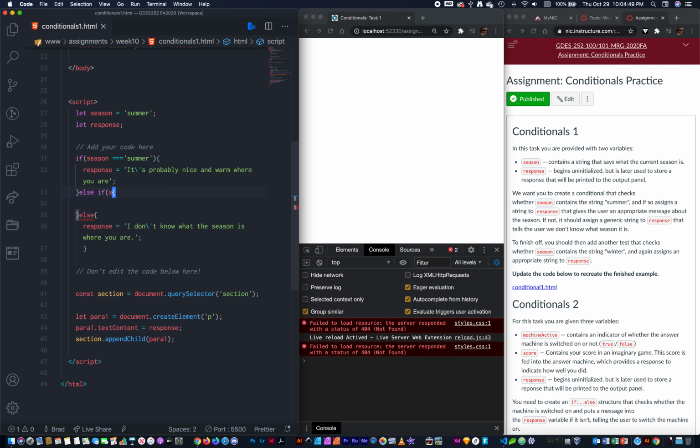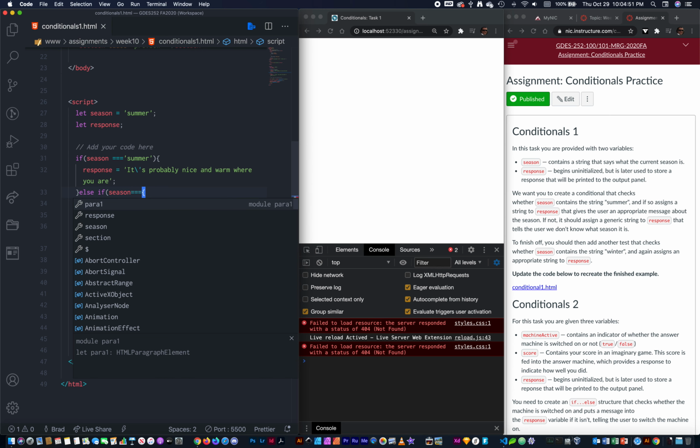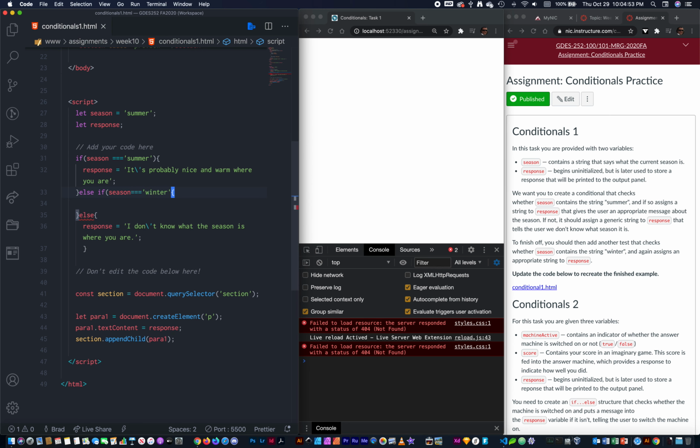The next condition says if the season is exactly winter, then say this. So we're going to output response, set it equal to, and you'll see here this is where I can do my escape with the backslash,